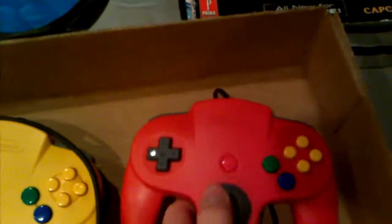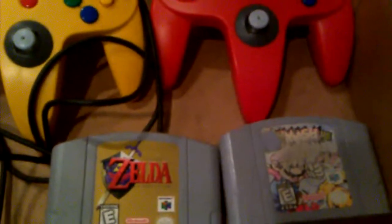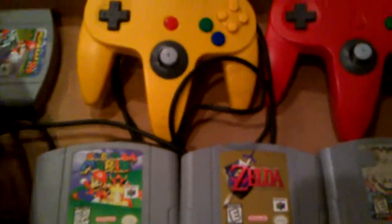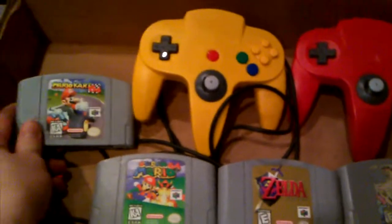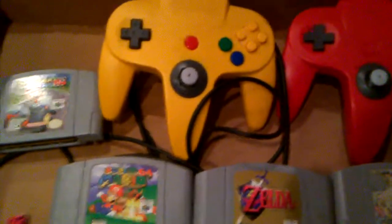I went to the swap meet 2 times, and I got this N64 stuff. 2 really colorful, nice and bright N64 controllers with perfect toggles on the joysticks, as well as a poorly labeled Smash Bros, an excellently labeled Zelda Ocarina of Time, a Mario 64 in perfect condition, and a Mario Kart in perfect condition. I got all of these, the 2 controllers, the 4 games for $35 at the swap meet, which